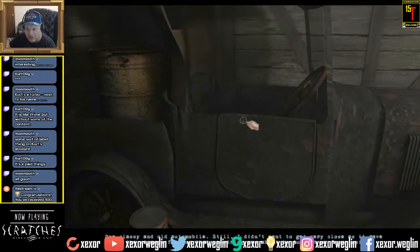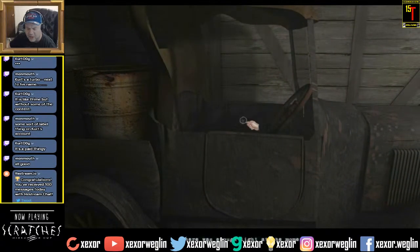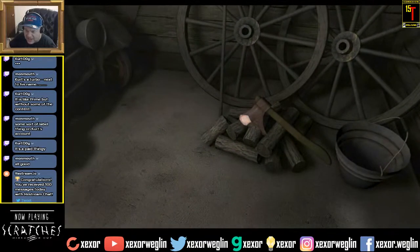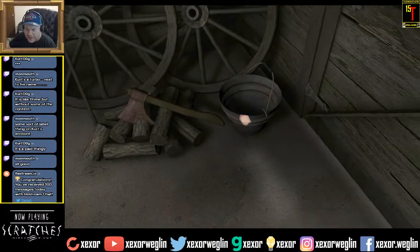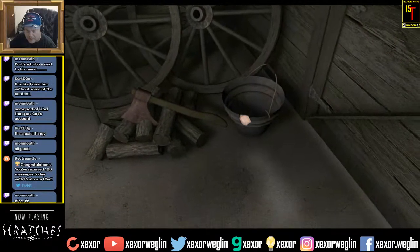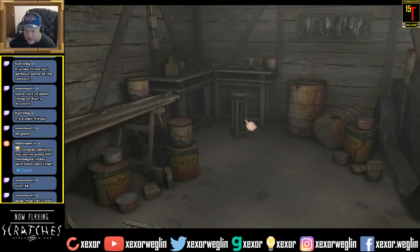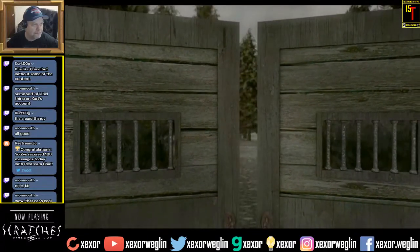Yeah, he won't go closer to this because he thinks something's going to jump out at him from the side. And on all these cases where it looks like, oh, it's a little dark or something, it's like, no, there was enough light, but there's not. It's shadow. So, I don't know. I cannot grab this axe. Anyway, this is kind of a bucket, but I can't interact with it. It's a pail, right, that you would put water in potentially. But I can't even grab it, so I don't know where the game is expecting me to find a bucket to use for transporting water. I'll keep searching, but